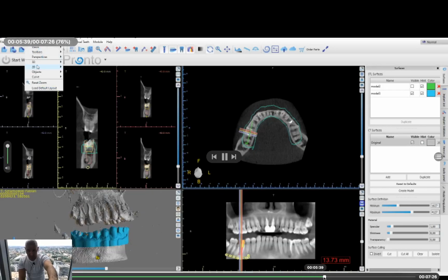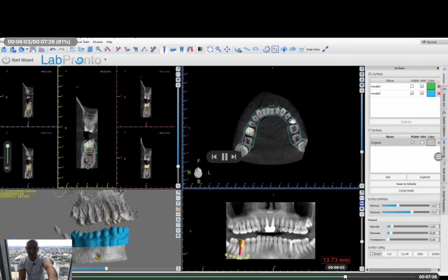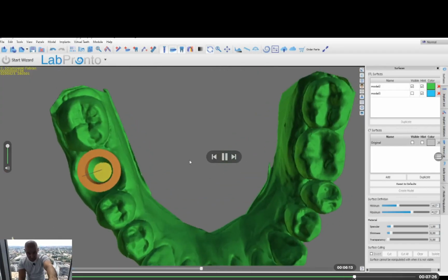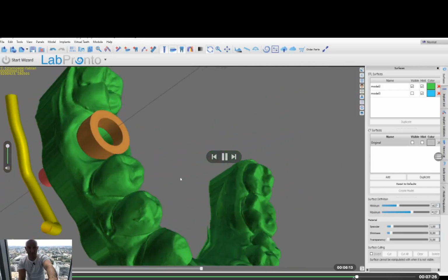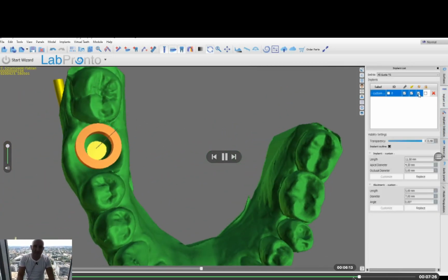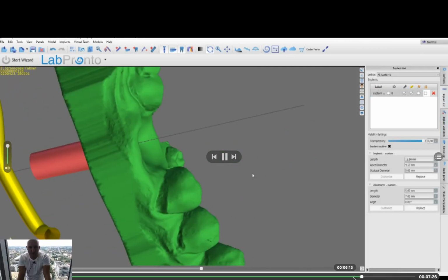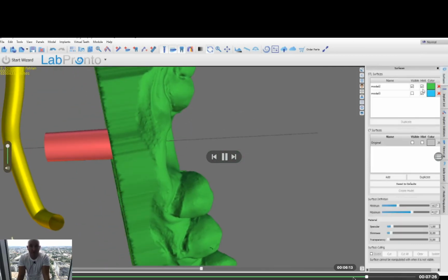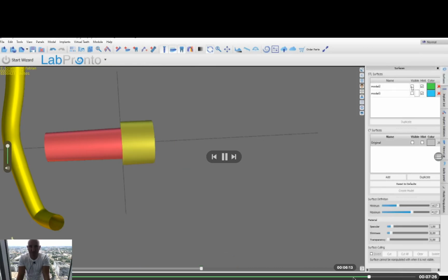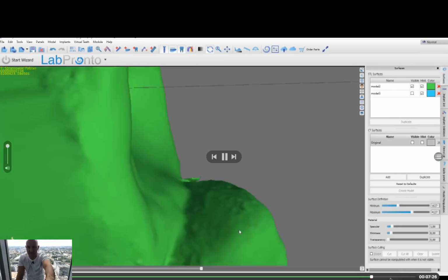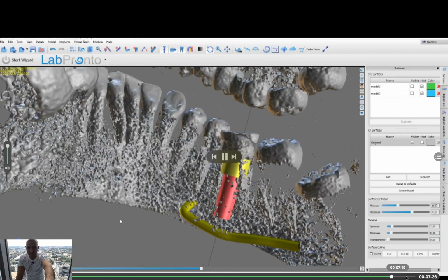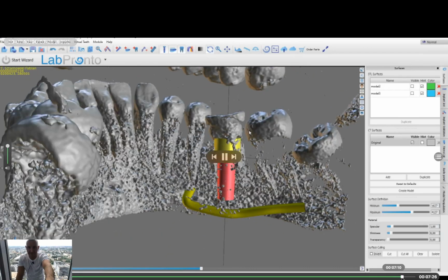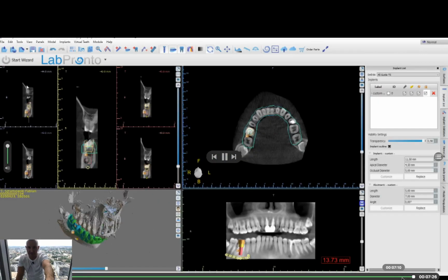I always spend some time on it, because it's the most important part here. And now when I finally decide that the placement is correct, I check it on the model with gingiva shape if everything is okay, and on this model I will design my surgical guide. So let's check. Okay, everything is correct in my opinion. So we go further